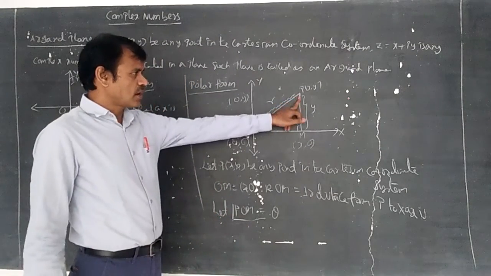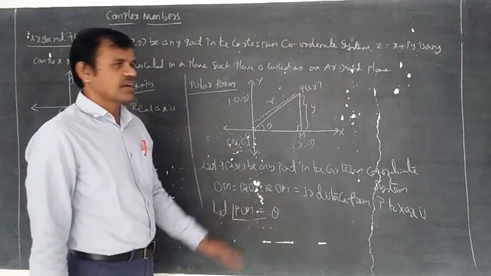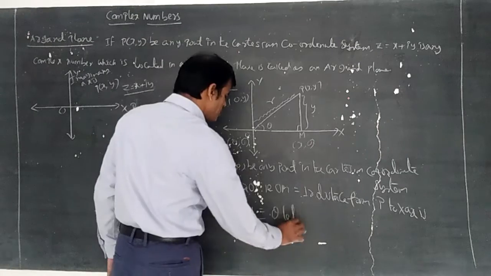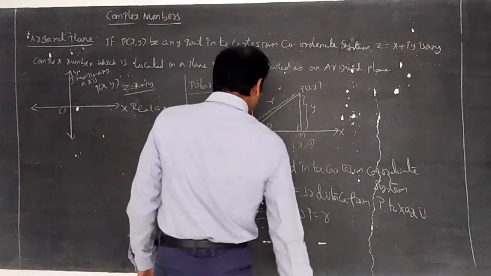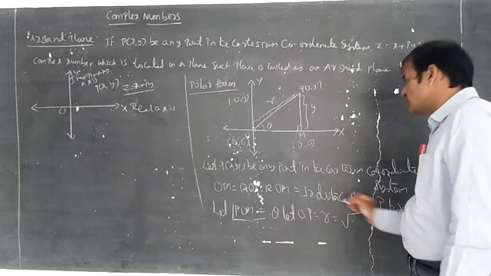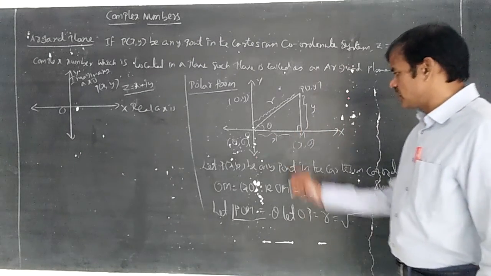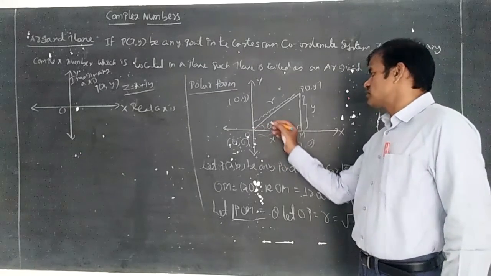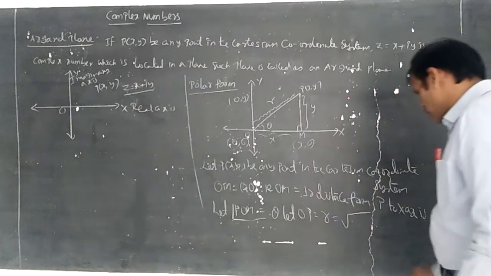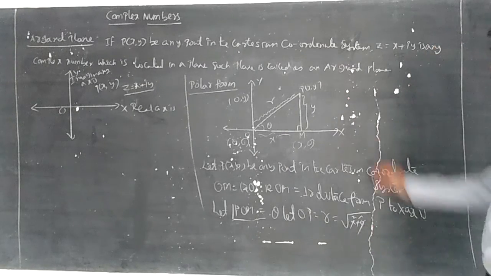Now, since PM is the perpendicular distance, it becomes a right angle triangle. In the right triangle, we can discuss cos theta and sin theta also. Let OP is equal to R. We can indicate this as modulus z also. This is x and this is y. According to the Pythagoras theorem for a right angle triangle, this becomes root of x square plus y square, which we indicate with the letter R. So R is equal to root of x square plus y square, that is OP is equal to R.